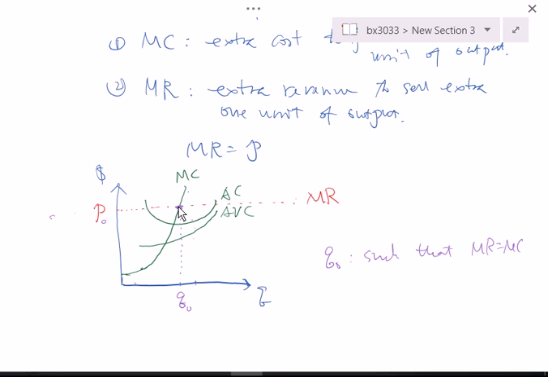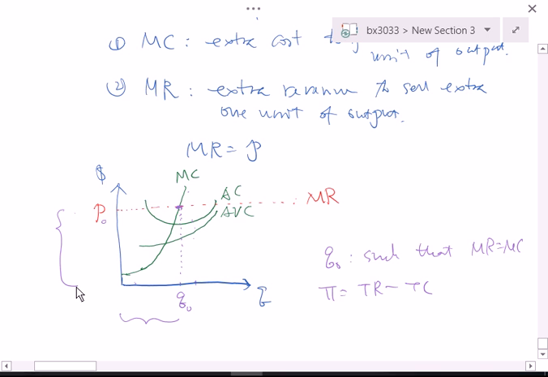Okay. Now, look at the picture here. So what is my profit? We know that profit is total revenue minus total costs. To produce QO units and sell them in the market at PO dollars per unit,